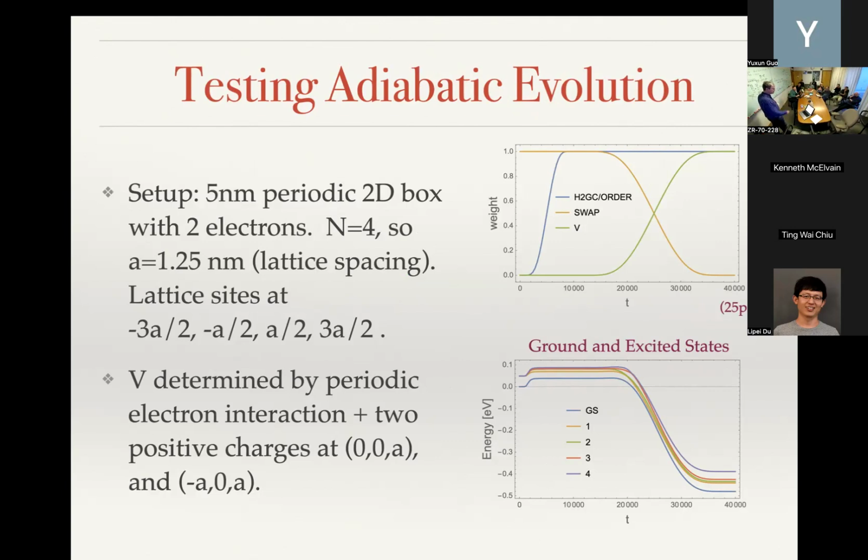I picked the sites, and then my potential is the interaction between the 2 electrons, plus I drop 2 positive charges in, and just let it go. And this diagram is showing when I turn on various parts. So I start in that transverse state, and I turn on the penalties for H2GC and ordering, and then there's